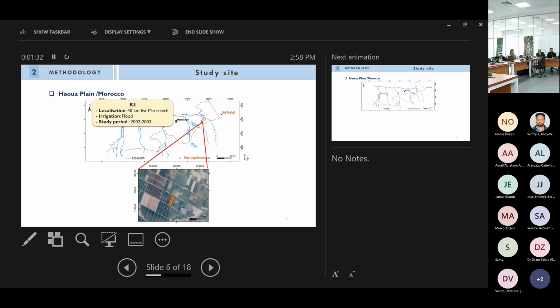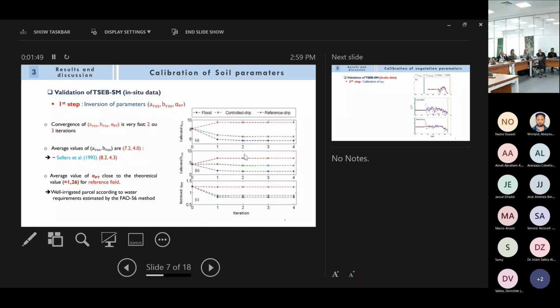Okay, here I'm presenting the result of the calibration. As we can see, the two parameters used to estimate the soil resistance converged. The model converged fast, after 2 or 3 iterations. And the average values are 7.2 and 4 for